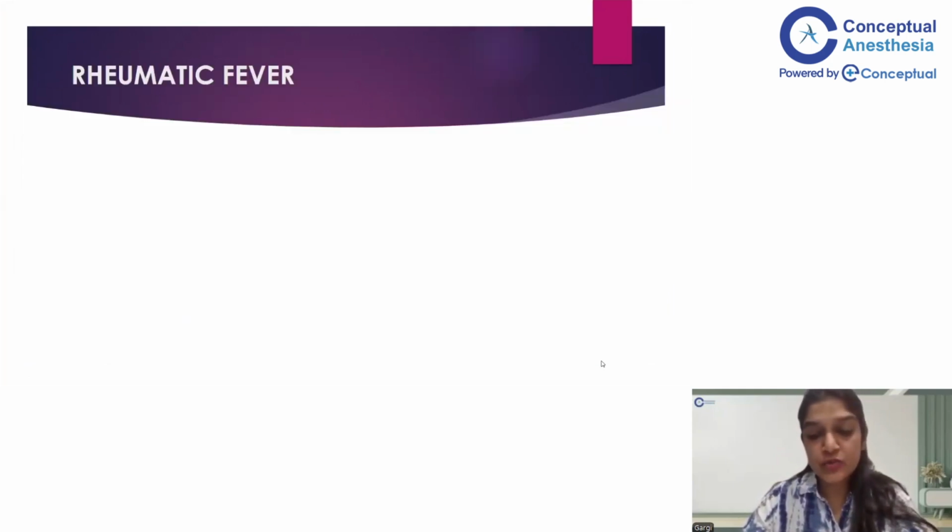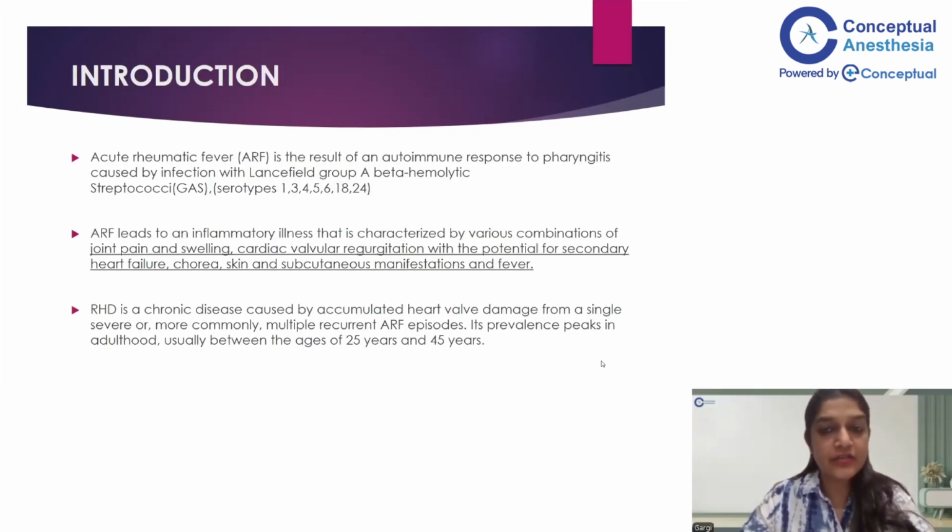So as we all know, the source of rheumatic fever and rheumatic heart disease is the same. That is a throat infection which is caused by beta hemolytic streptococci. Initially there is a pharyngeal inflammation caused by these beta hemolytic streptococci, and then after 1 to 2 weeks the patient presents with the major or the minor manifestations of rheumatic fever. One of the major components of rheumatic fever is carditis, so if that stays persistently, if the damage to the heart is permanent or for a prolonged duration of time, then we refer to it as rheumatic heart disease.